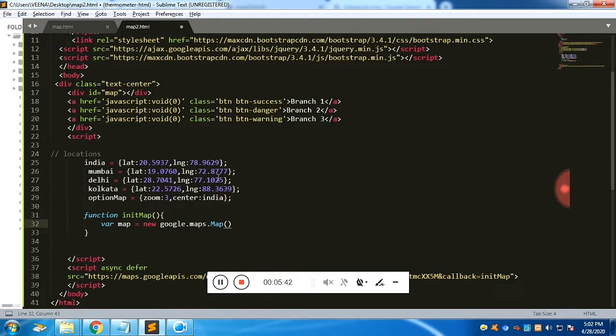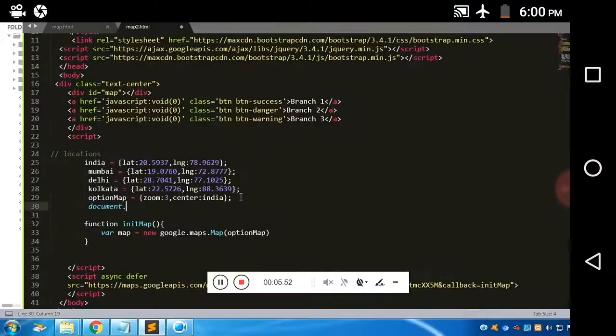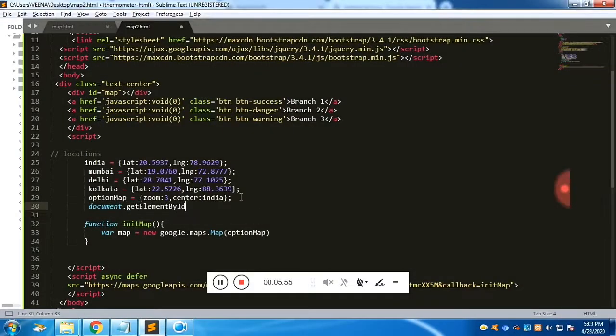Now we are going to pass two arguments. The first would be the element where the map needs to load, and the second would be the options for the map. Here the map is going to load in the div with id map.